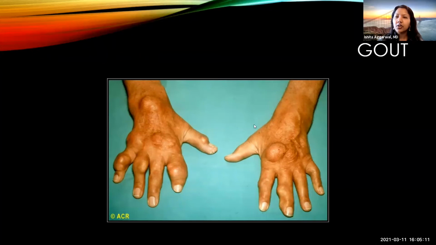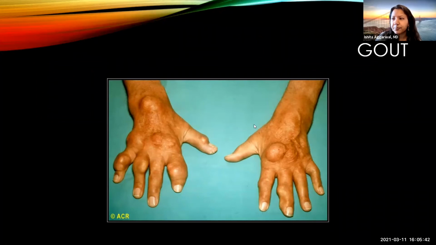picture, called tophi. Very commonly and classically, gout affects the big toe, and that is called podagra. If that happens, you have a very red, hot, swollen big toe, which is very classic for gout presentation. And this happens when there's too much uric acid in the blood. Uric acid is produced when the body breaks down certain foods, and there are multiple modifiable risk factors and non-modifiable